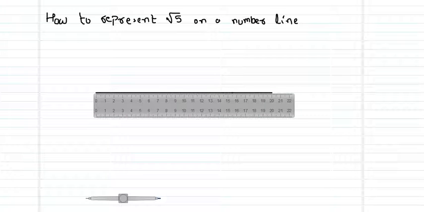So now we are going to represent root 5 on a number line, but this time we'll make some difference. What kind of difference? In the previous video we have taken 3 centimeter as one unit. Over here now I will take 4 centimeter as one unit. So on our number line, 1 centimeter is equal to actual 4 centimeter. This will represent 1.